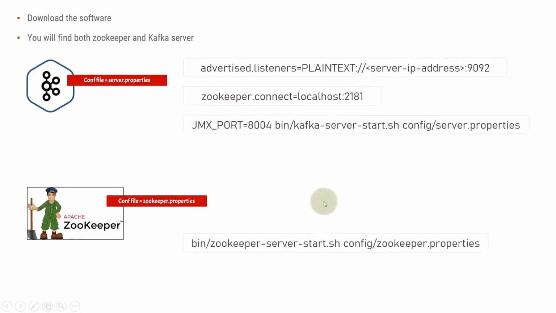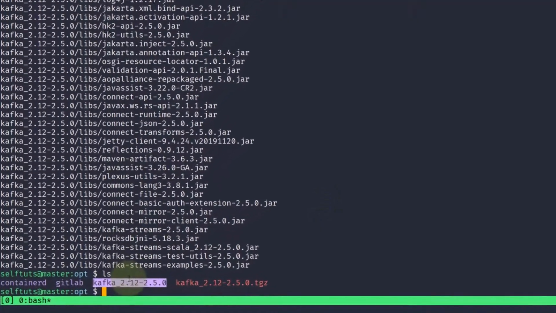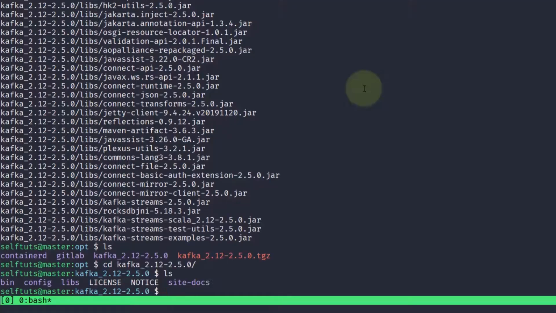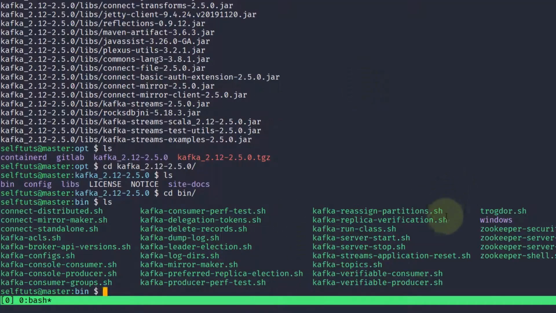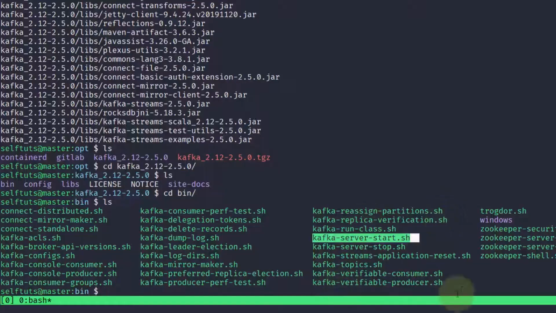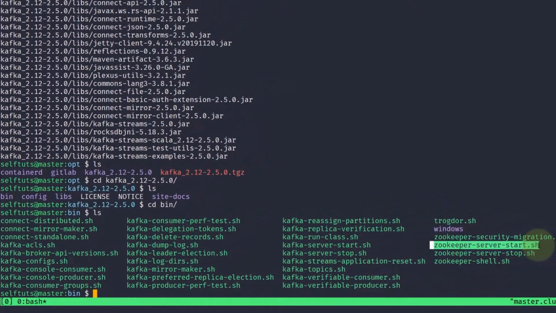You'll see that all these sh files are already present in what we have downloaded. This is the particular folder where all the components related to Kafka are present. I'll go inside with cd Kafka, and if I go inside bin, you can see that there are different sh files present, and one of them is kafka-server-start.sh, which will help us start our Kafka server. After that, you can also see zookeeper-server-start.sh. This will also help you start the Zookeeper. So these are the two sh files which will help you start your Kafka server and Zookeeper.